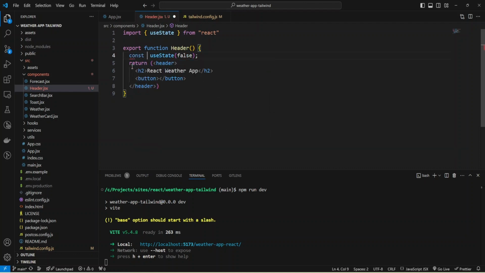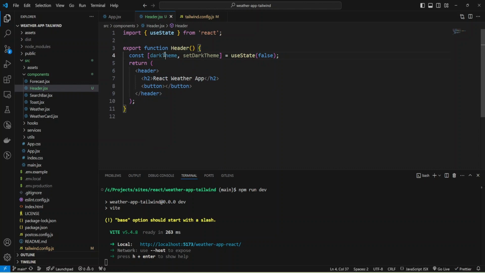Let's name it darkTheme, and the function will be setDarkTheme. Now, depending on the state of the variable, I'm going to provide the text for the button. I'll use conditional rendering and check if we don't have dark theme, then I'm going to use light, and otherwise it will be dark.